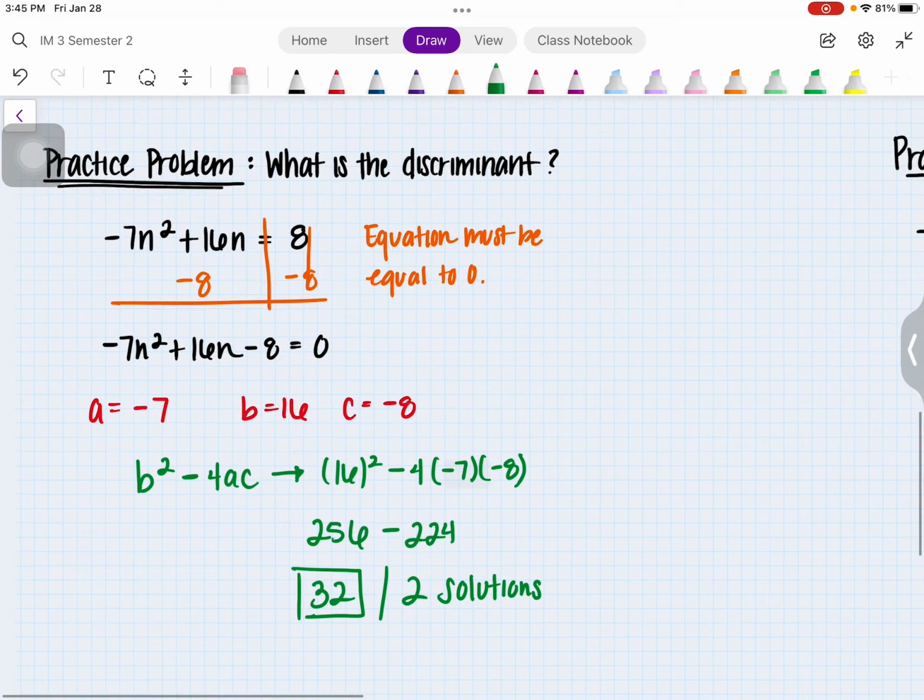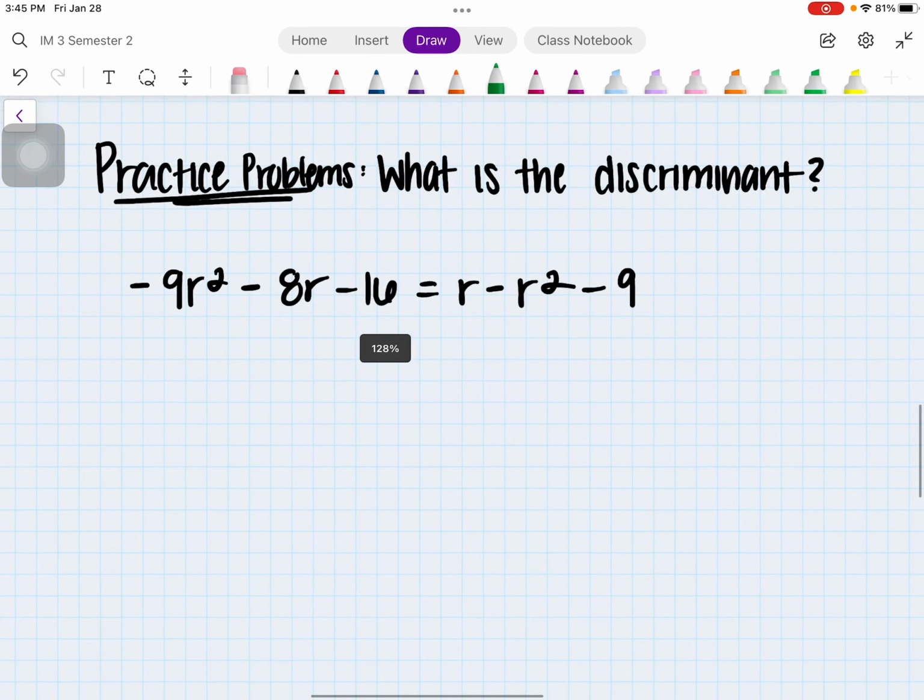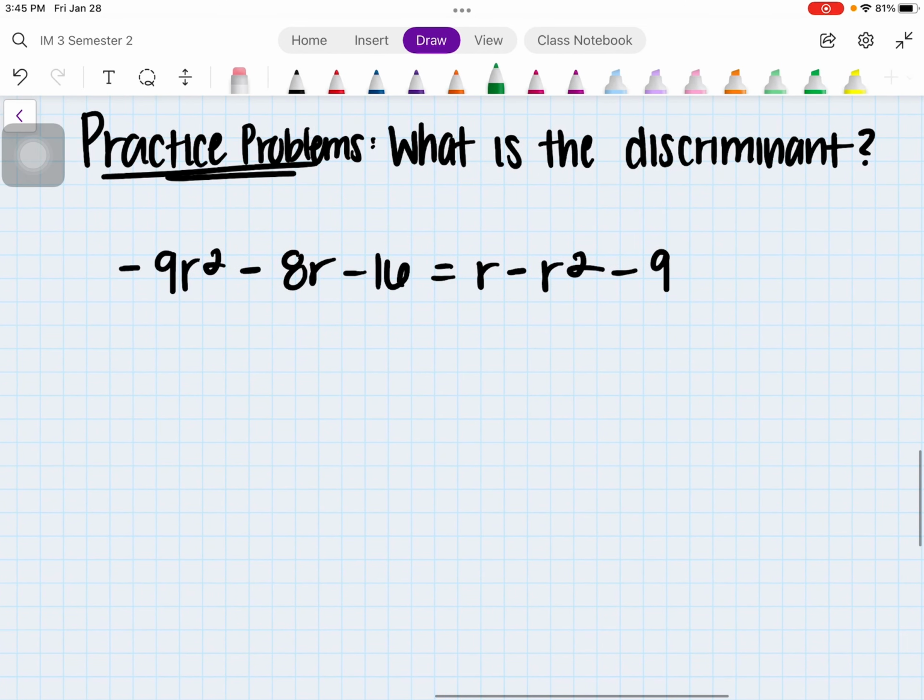So go ahead and work on the next practice problem. This is on your own. Make sure your equation